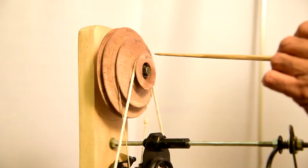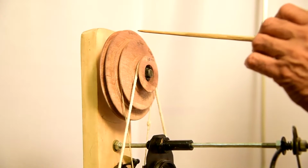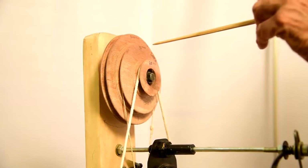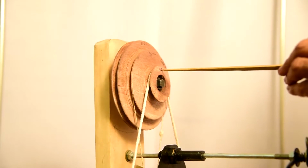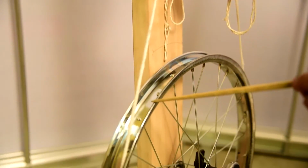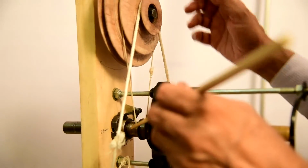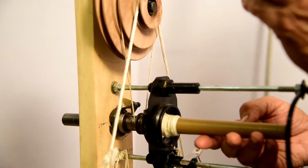A three-groove step pulley having diameters of 35 mm, 96 mm and 126 mm is mounted on the vertical member at a height of 79 cm from the base plate. The 35 mm diameter step pulley is connected by a belt with the band wheel, whereas the 96 mm diameter step pulley is connected to the hub by a belt, and another